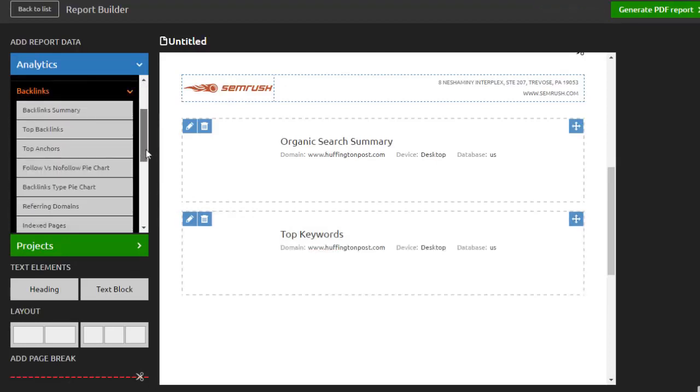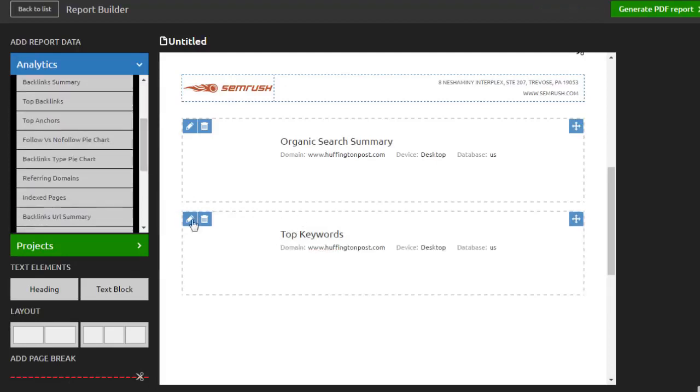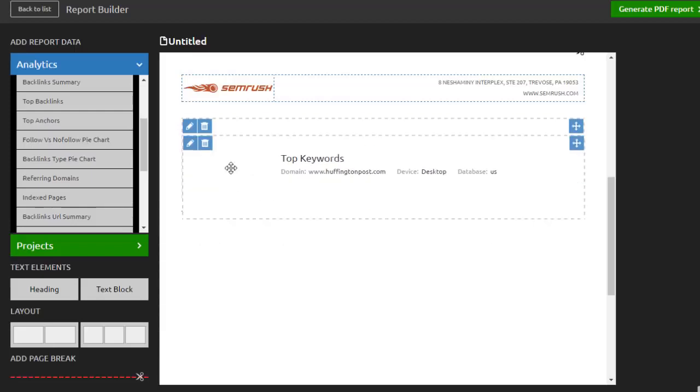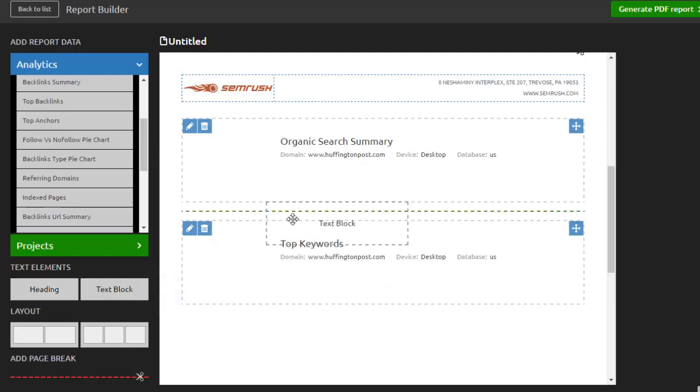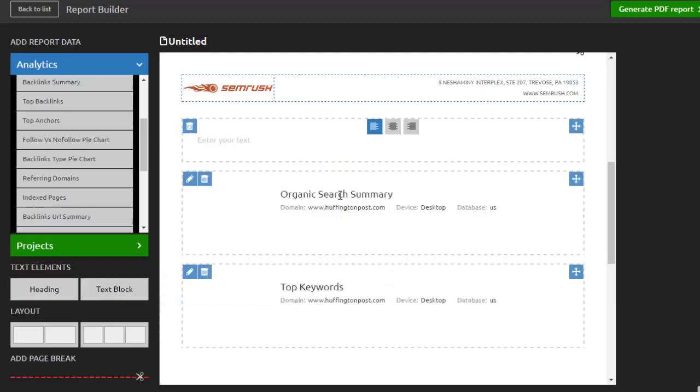So we can go through and add in any of this information here that we would like. And you'll be able to change the order if you don't like how something is displayed. Here it shows that you can actually add in a text block, so you can add that to wherever you would like it to go. And then you can insert your text here and really describe what the report is about to help your clients out. Again, if you want to put different headings in here, if you want to have a special layout, let's say where you have 2 columns,